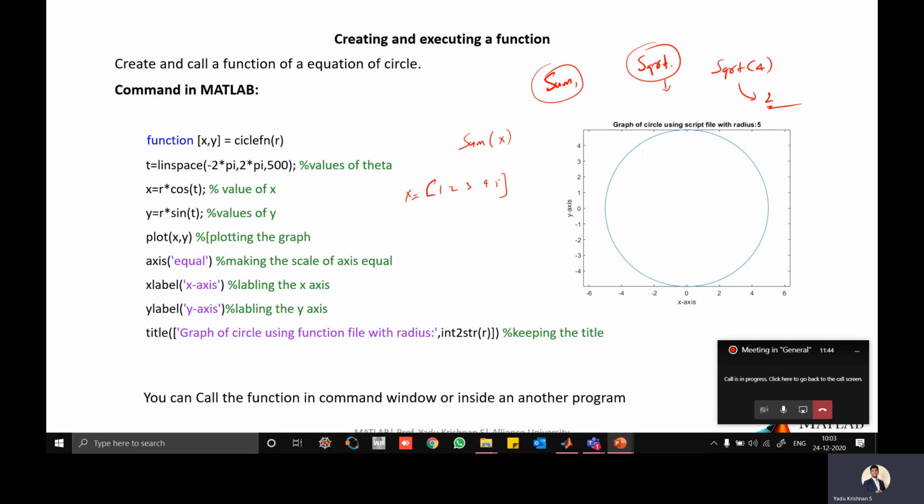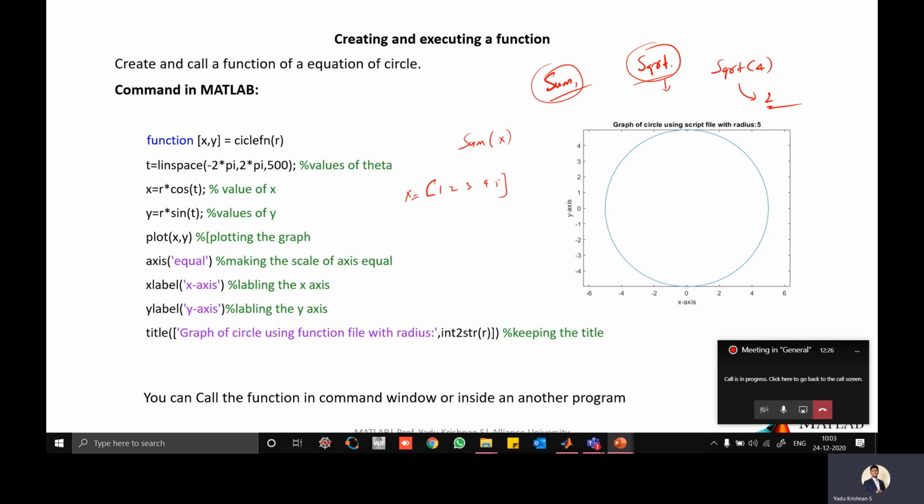So instead, if you know, okay, I need to write a function to convert altitude from meter to feet, whenever I require that set of calculations, I can call that function and use it just like sum or SQRT. That is a good thing about functions. If you have already created and saved it somewhere, anytime you can call that function into any program. You may have written a function long back; you can call that function file into this program. That is also possible.